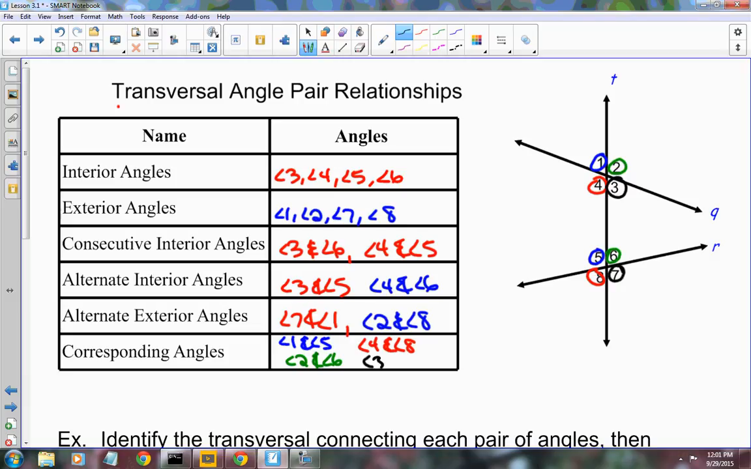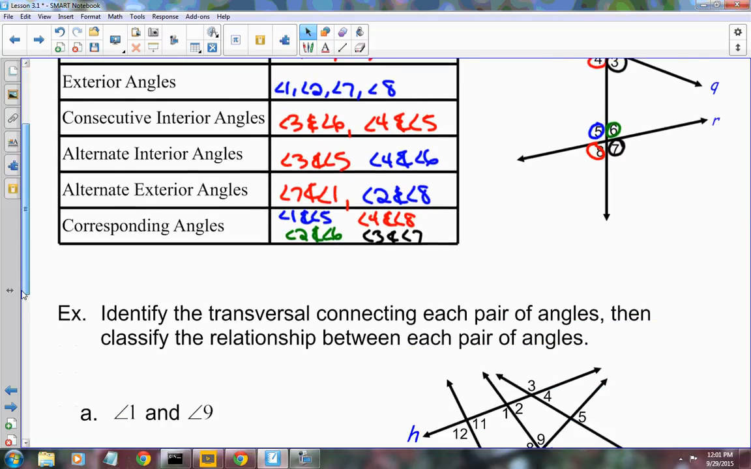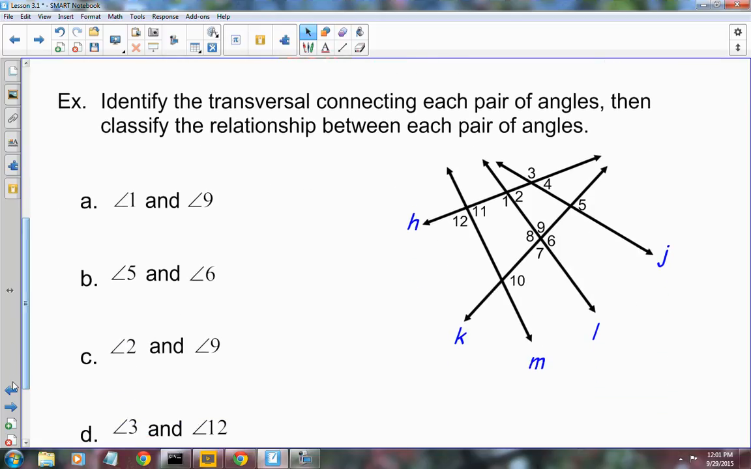Okay, angle 3 and angle 7. All right, so those are my special angle pairs. Okay, now let's take a little different slant, a different way of looking at it. We want to next identify the transversal connecting each pair of angles, then classify the relationship between each pair of